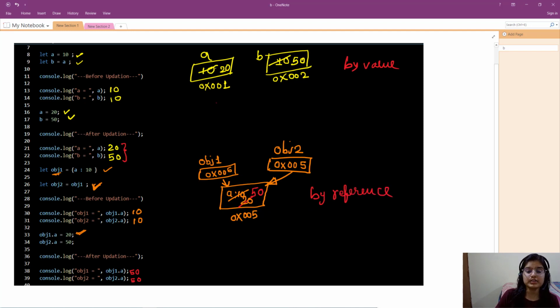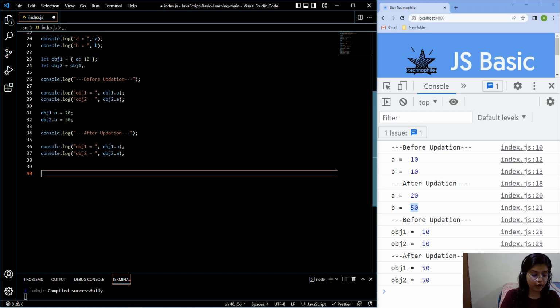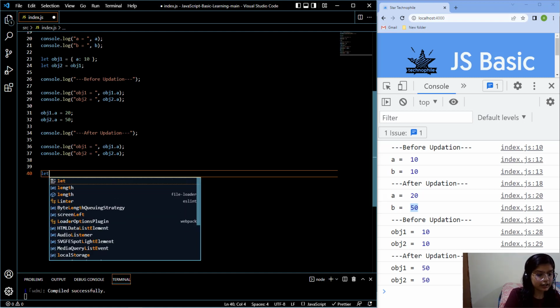And this concept is also called immutability when the two variables have different addresses. And this concept is called mutability when the address is the same for particular variables. That's why we are getting the same value for the object. So this is very important to understand, because if I really want to show you why I'm saying this is very important,